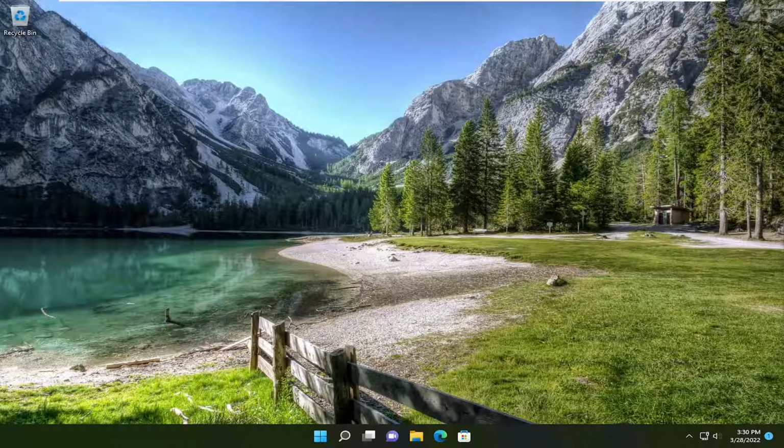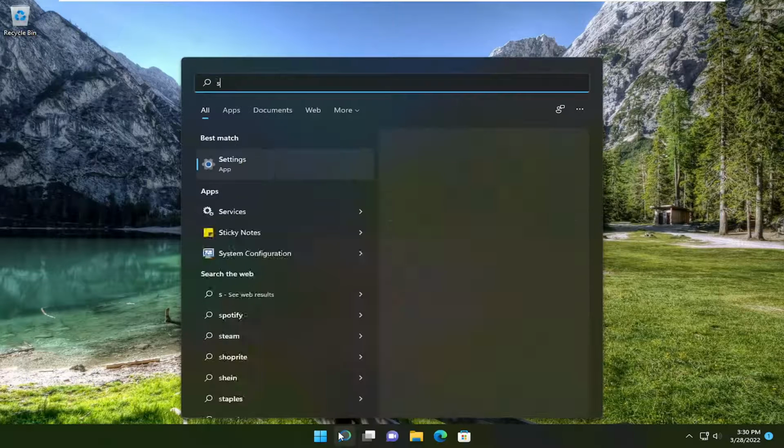In today's tutorial, I'm going to show you guys how to add or remove widgets from appearing on the Windows 11 taskbar. So this should hopefully be a pretty straightforward process, guys, and without further ado, let's go ahead and jump straight into it. So all you have to do is start by opening up the search menu, type in